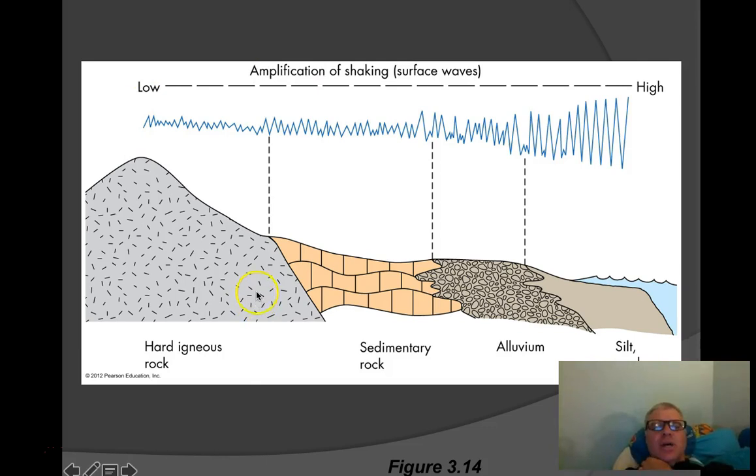And then in terms of the different types of rock that you're on and how much that affects it, if you're on very hard volcanic rock, it doesn't shake very much. Sedimentary rock shakes a little more. Alluvium is loose material, like in a river valley where over time there's been all this sediment laid down, and that shakes a little more. And then there's silt, mud, or areas that have been reclaimed, like an area of San Francisco where, after one of the major earthquakes, they took all the debris and dumped it into the bay and then built on top of it, but it's not as consolidated as rock.